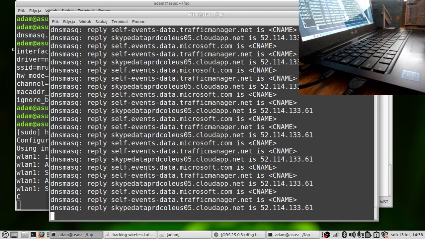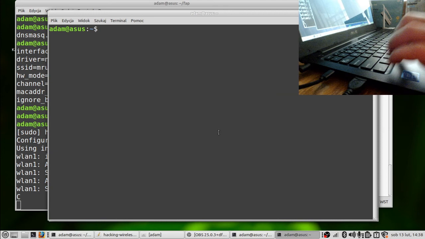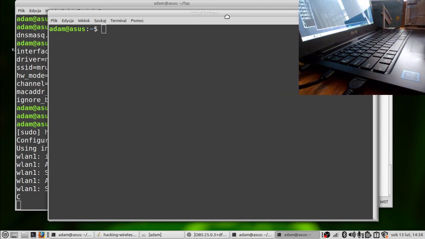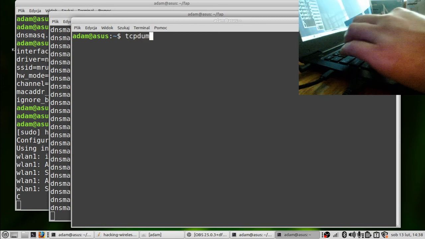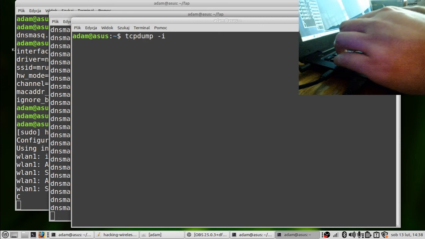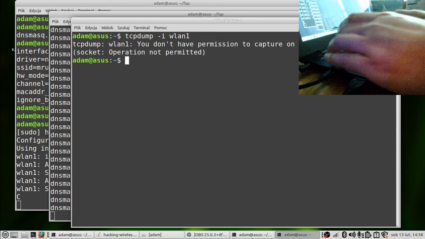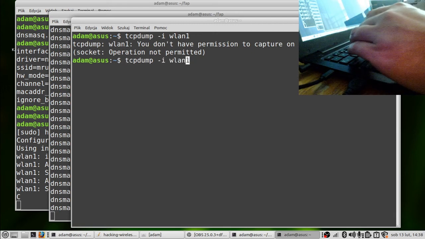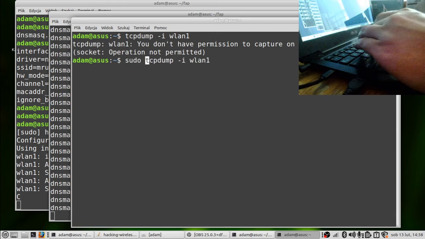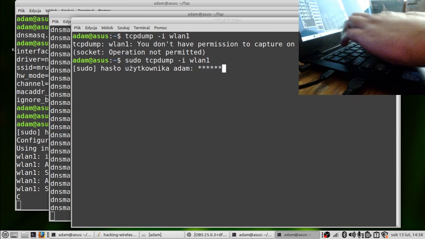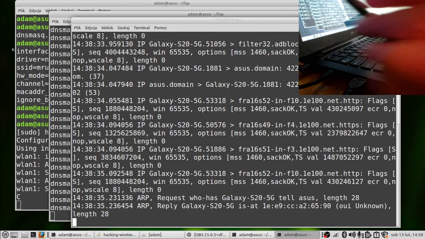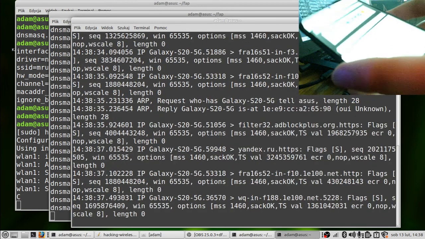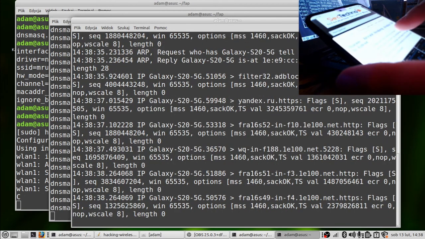So on the next terminal we can even record the communication. I don't know if my PC is going to handle this, but let's see. Yeah, as a sudo. It may be too much for it, but you can see that we have this Galaxy phone sending something.